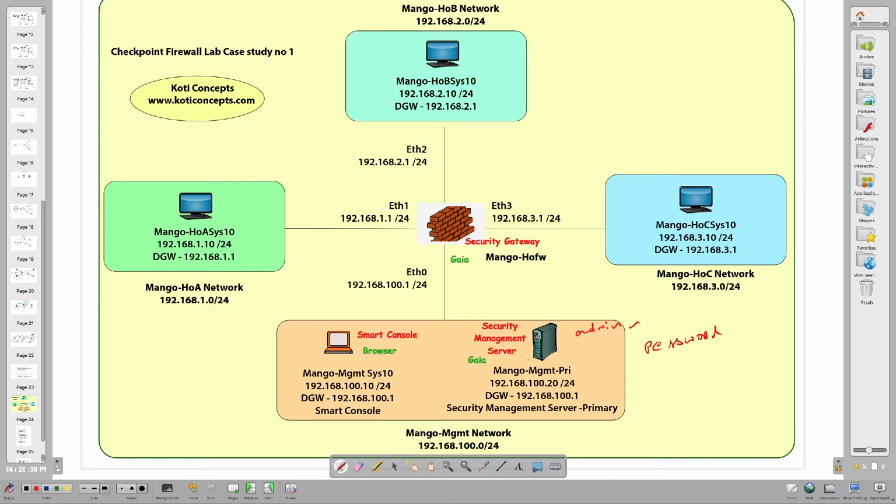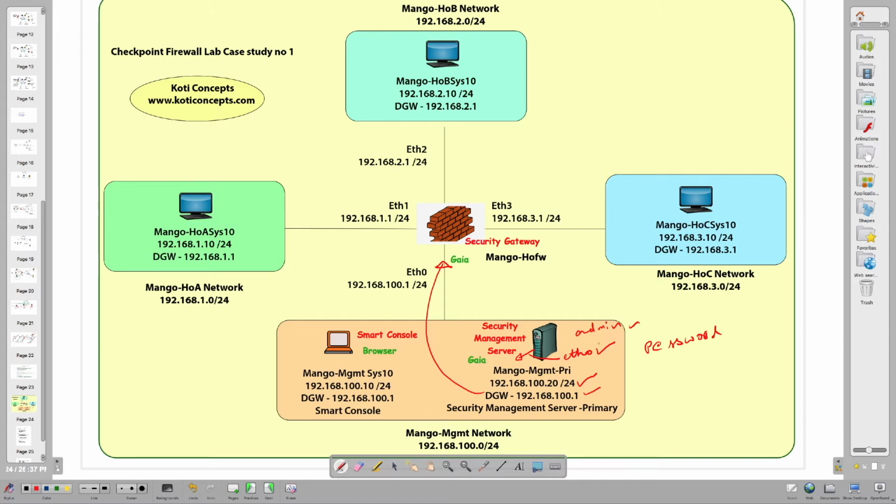It also asked me to choose which interface to use as the management interface. Because only one NIC card is there on this system, identified as ETH0, the same ETH0 was chosen as the management port. It asked for the IP address of the management port, and I gave 192.168.100.20/24 with the default gateway 192.168.100.1, which is the IP address of the firewall. So these things alone we choose.